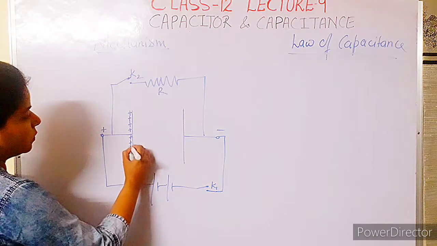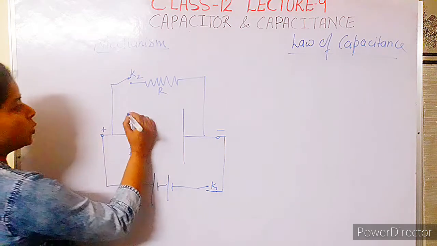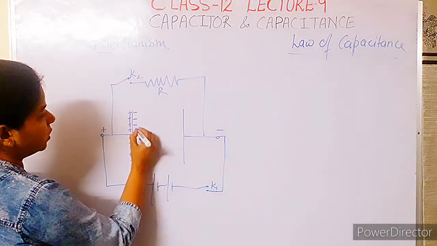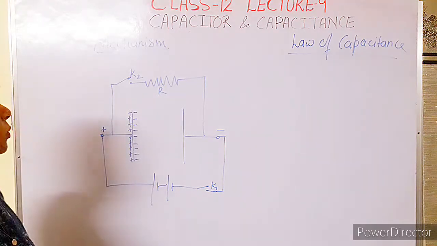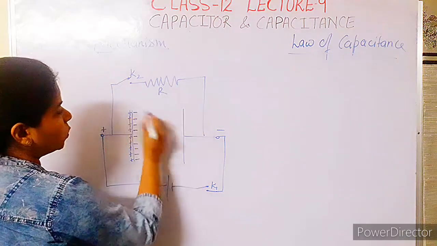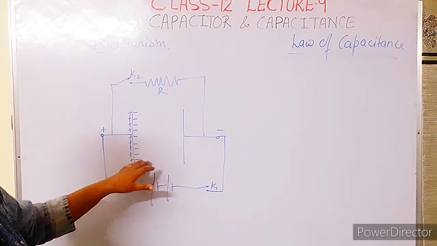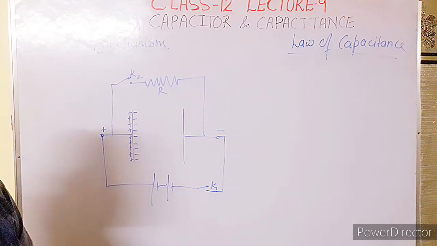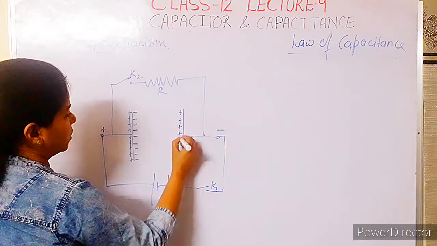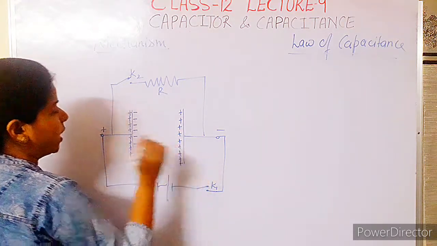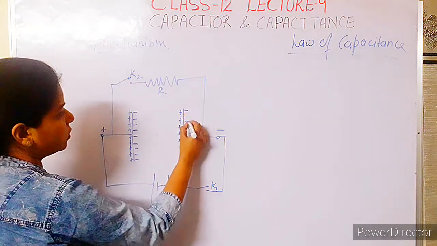So what happens when this terminal is positive charge? At the outer side of the first plate, it will be charged with the plus sign. Due to the induction method, the second surface of the first plate becomes negatively charged. Due to induction, because, as I told you, the distance between the two plates is very small, the dimension of the capacitor is very small, the induction method is applicable here. And due to induction, the second plate will become positively charged and the outside portion becomes negative charge.